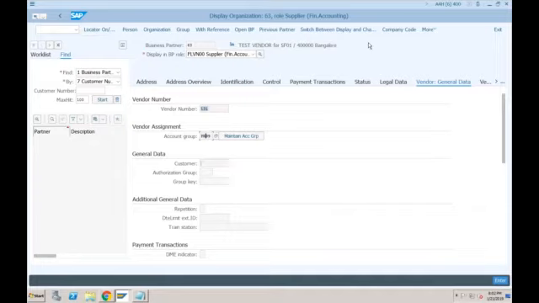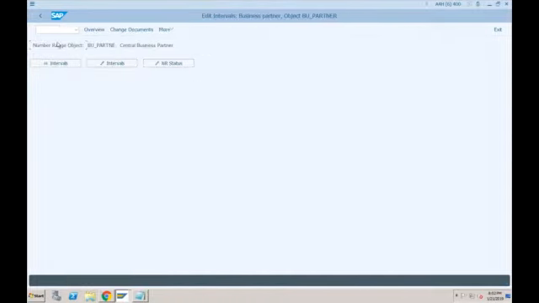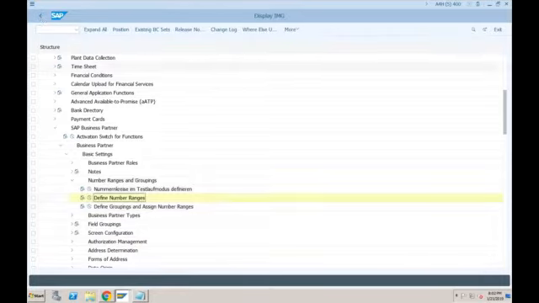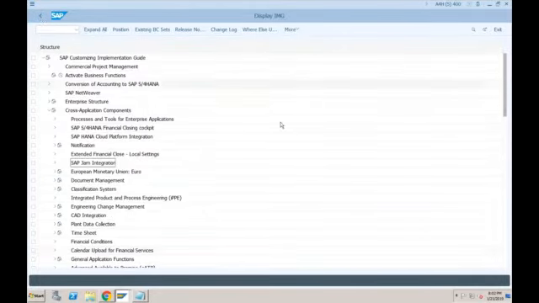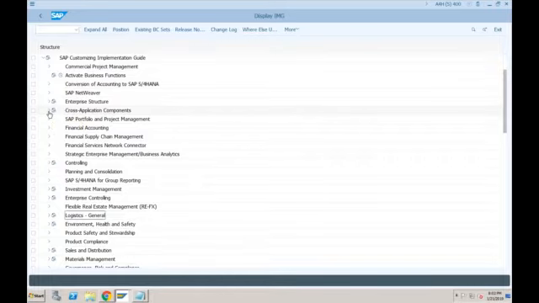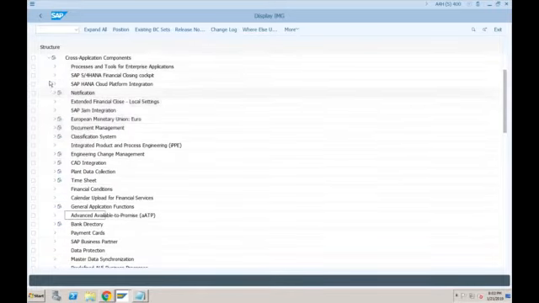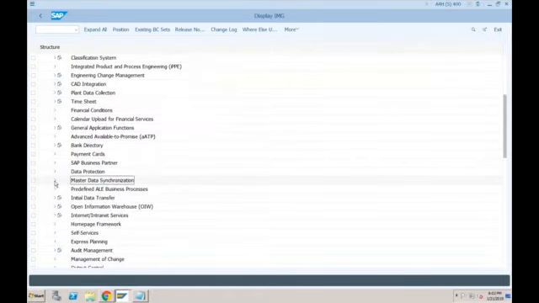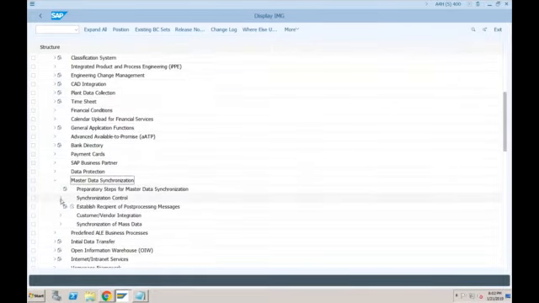So whenever you are creating the business partner, whatever BP grouping you specify, I'm not able to show you here, that BP grouping is assigned to a vendor account group in the configuration. Let me show you. There is another configuration. Let me close all these things because the path is a little bit big. It is again in the cross application components. Within the cross application components, there is something called master data synchronization.